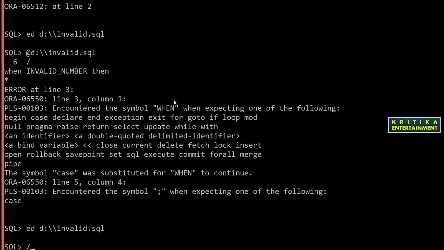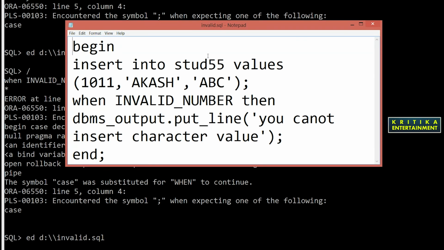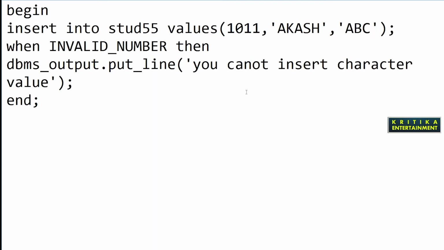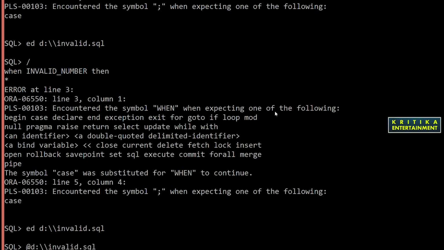Then again run this. Then it displays an error, encountered symbol when expected. So I will make it small. It cannot insert character. Then save this and close it.